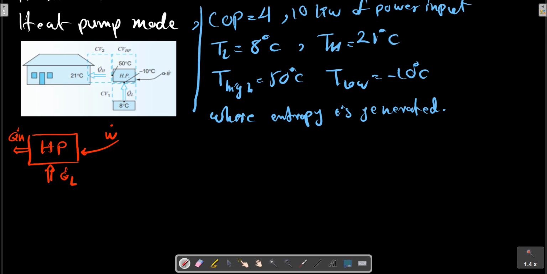We know from the heat pump that COP is Q dot H on W dot,